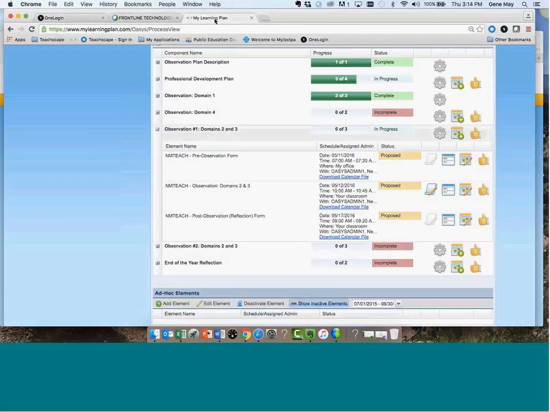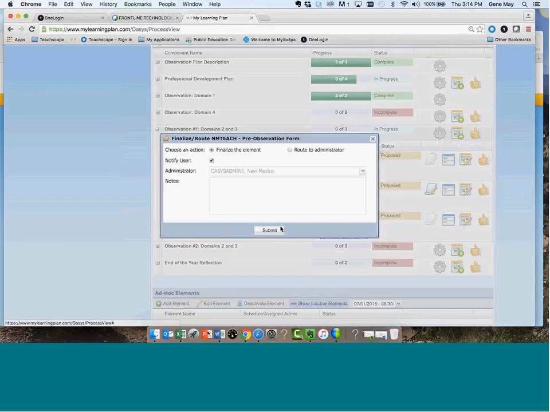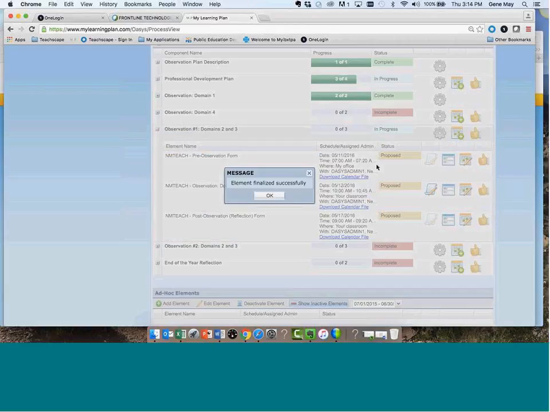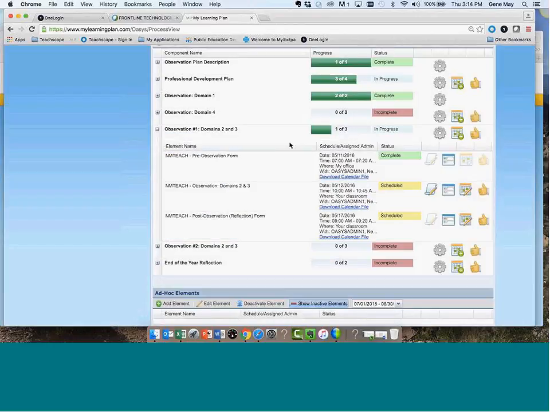Now, back to the principal side, because now let's say that we've completed the pre-observation conference and we're ready in the classroom to do the actual lesson. So here you're going to see this new tool I haven't talked about, which is your evidence collection tool, as well as the observation form itself, and as well as the calendar and the final. Those items are the same. So if I'm going into the classroom, what I'm going to do is utilize this evidence collection tool